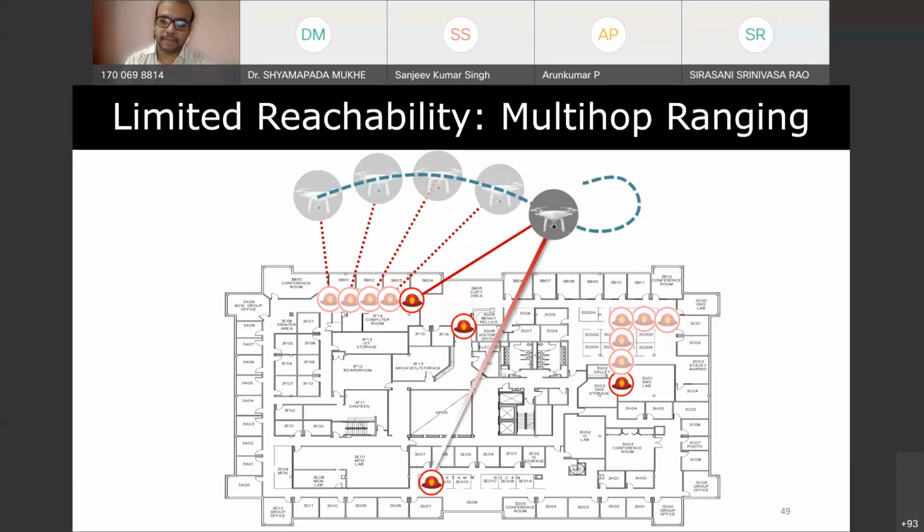If you actually want to implement this solution, it becomes much more challenging because the range values, the time of flight values, are very sensitive. Even a 1 nanosecond change in time of flight will introduce an error of 1 foot, right? Because in 1 nanosecond, light travels 1 foot. That is how sensitive it is, and you have to keep all these things in mind while you implement this multi-hop